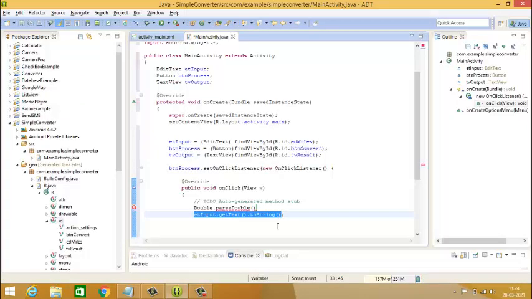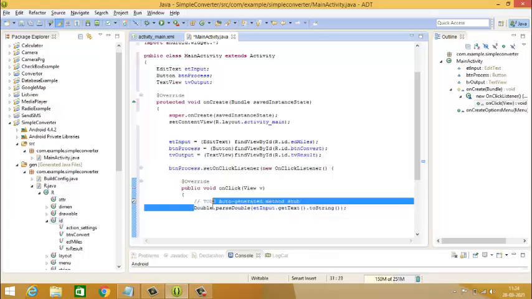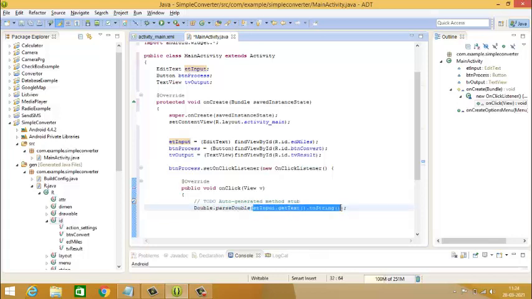The line which acquires the string from the edit text, let me cut it and paste it inside the bracket. I think now it is clear to you. So Double is the class name inside which we have a parseDouble method to convert the given string to double, and the string to be converted is given inside the bracket.